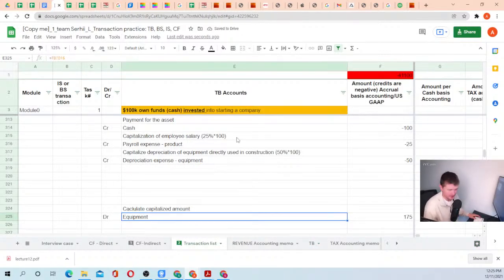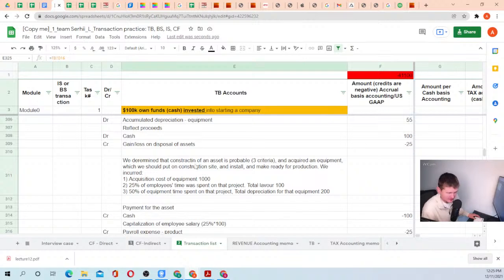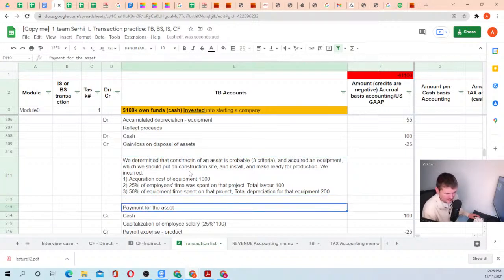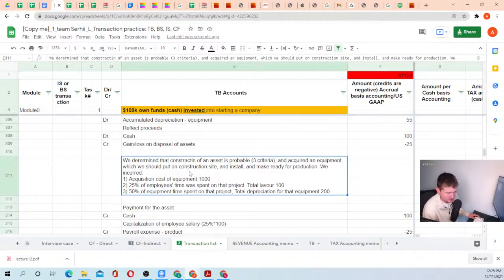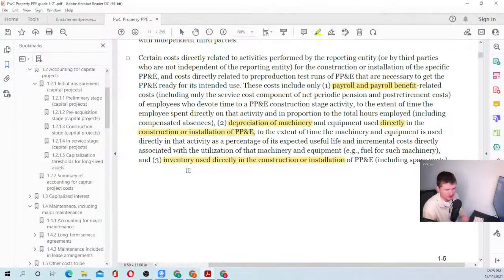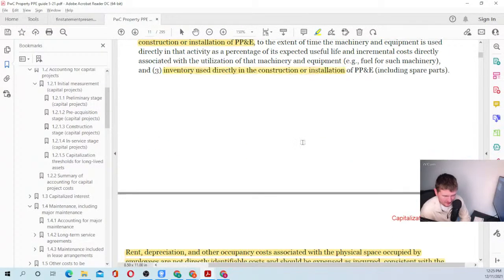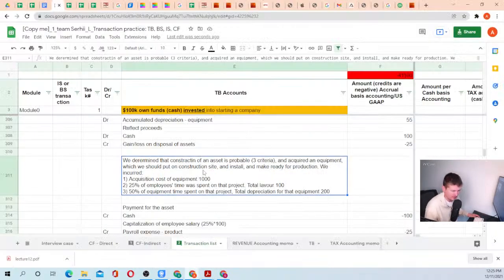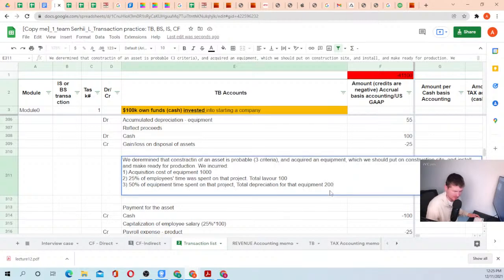So let's go back to the guidance. So we figure out the stage on which we are on, and because the stage allows us to capitalize direct expenses, we capitalized those. Let's go check what else do we have here. What interesting do we have here? We cannot capitalize that. Let's say